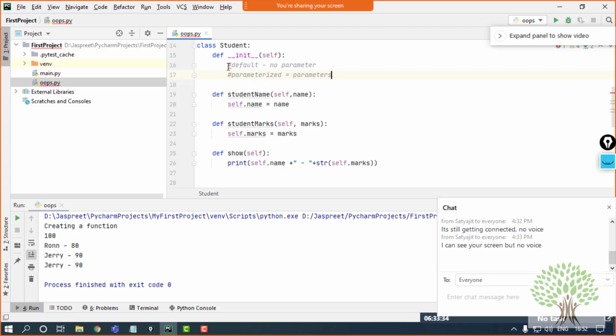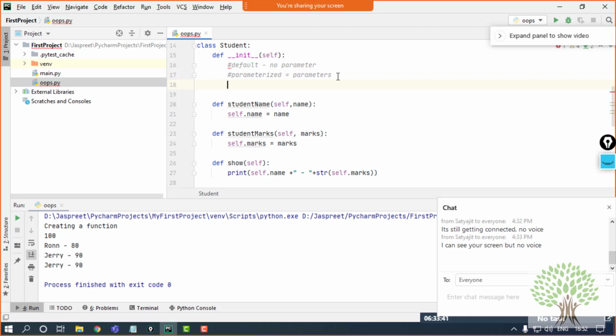First I'll show you the example of the default one, and then we'll move on to the parameterized one. Being the default one, I have no parameters to pass, so I'll just have a print statement in which I'll say demo for default constructor.